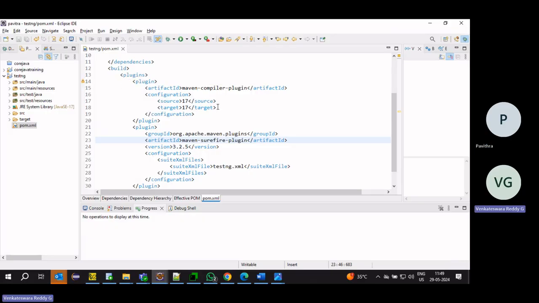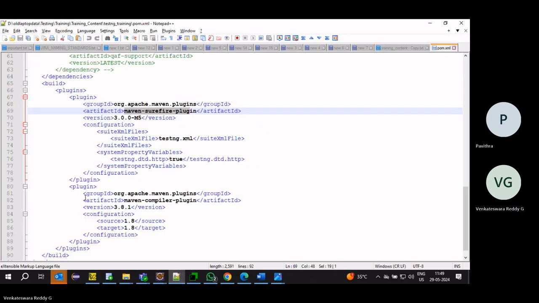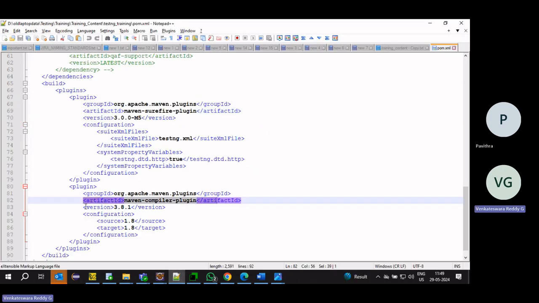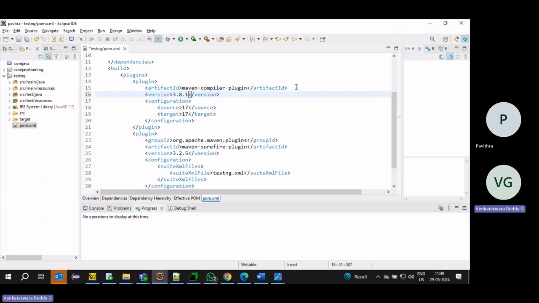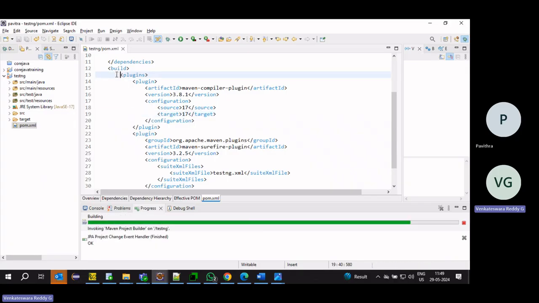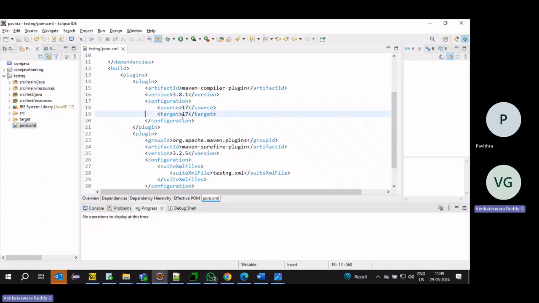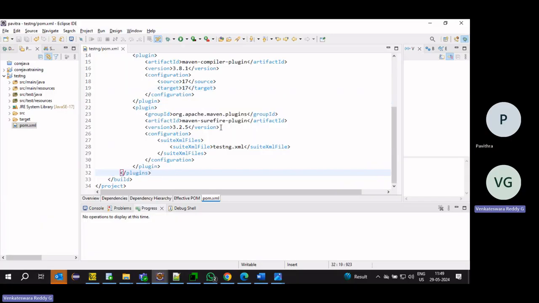Here we have to add the version, and one more is the compiler version. This one makes our project use JDK 17. We will add the compiler and the plugin to run test cases from Maven.